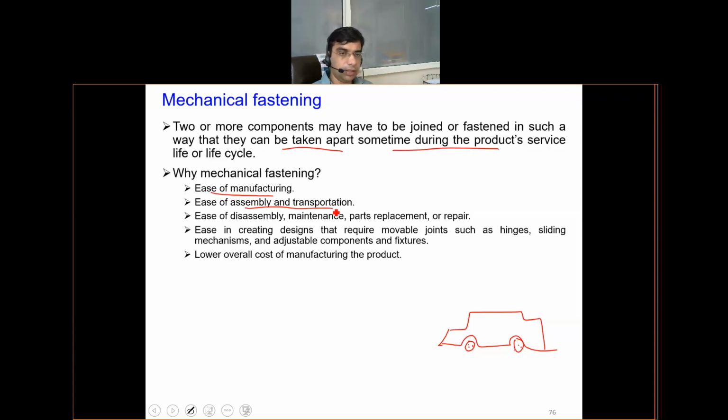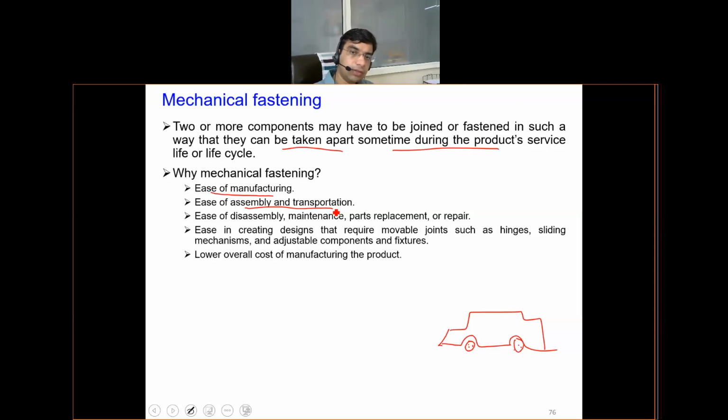Suppose there is a very big and very complex assembly of products like I discussed earlier, like a wind turbine blade. Wind turbine blades are among the massive structures being produced, and they are assembled using nuts and bolts with the wind turbine assembly. So during transportation, it is opened up, and then once it reaches the installation and commissioning site, using these nuts and bolts, they are assembled together.